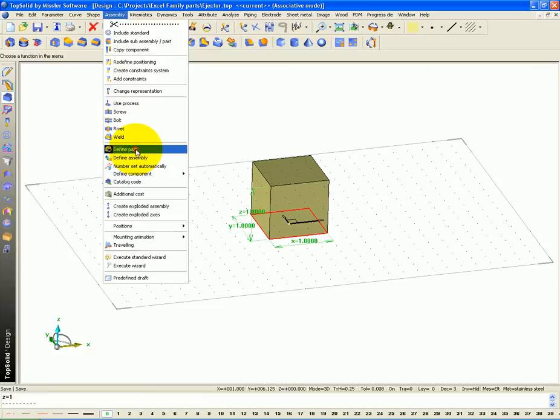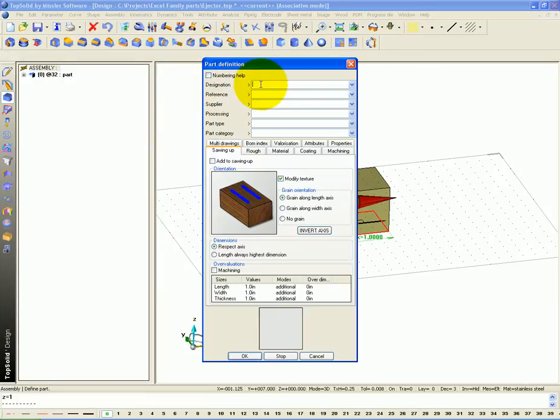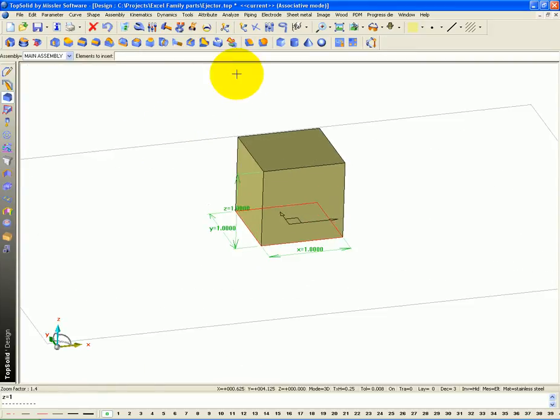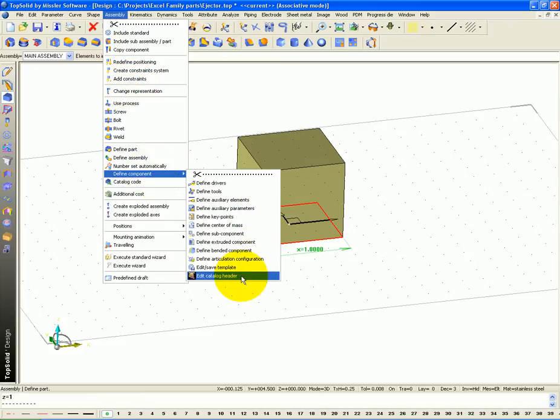Now I'm going to go Assembly, Define Part. I'm going to select the solid. And for designation here, I'm going to call it Ejector. I'm going to make sure the material is what I want it to be. I'm going to say OK. Now, that's it. From here, I'm going to go directly to Assembly, Define Component, Edit Catalog Header,